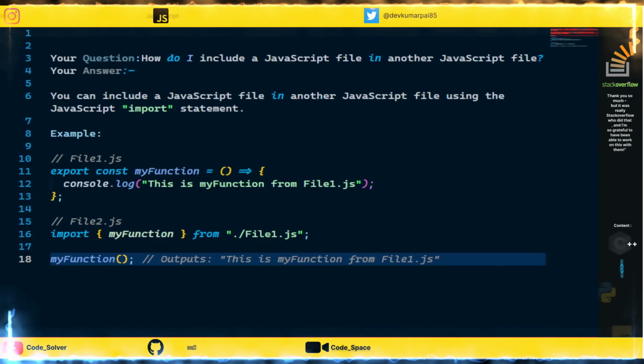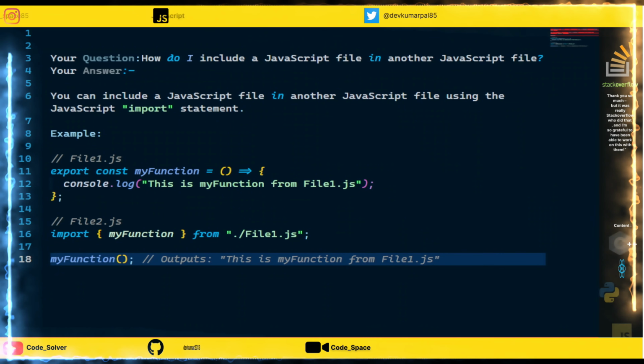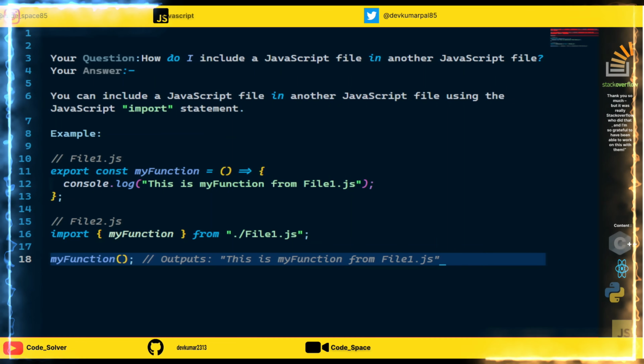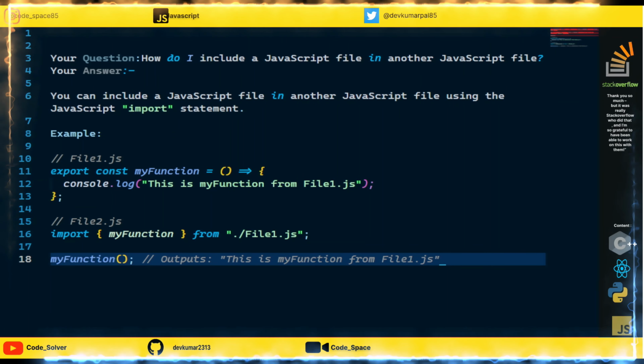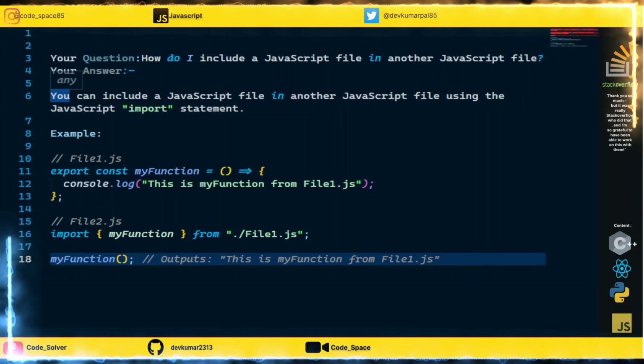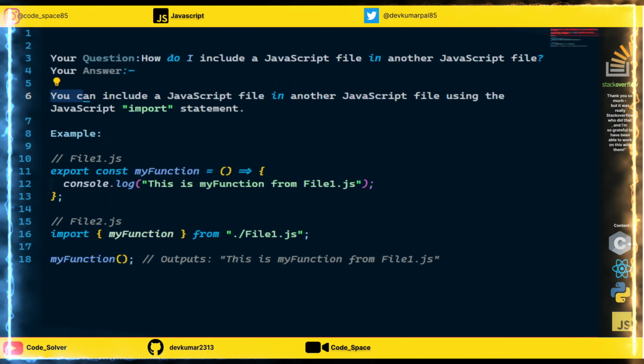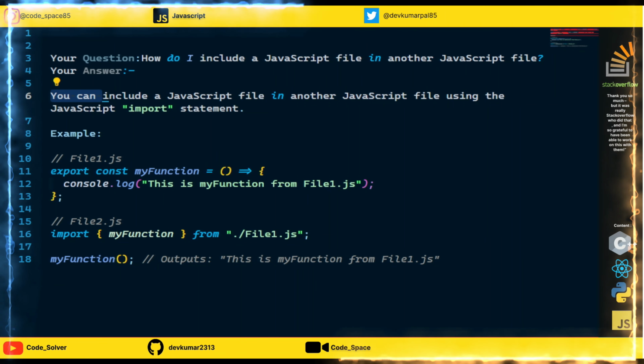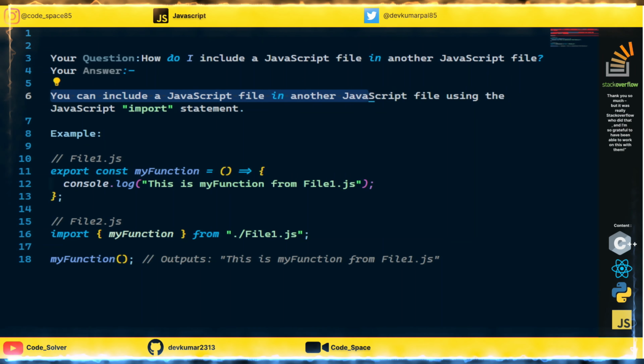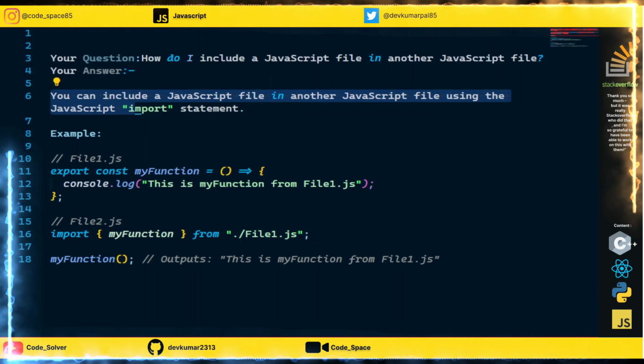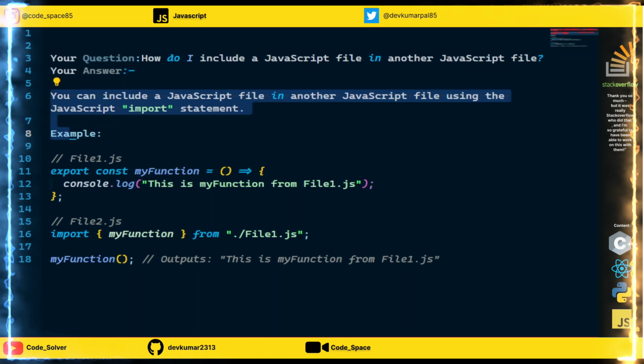Your question: how do I include a JavaScript file in another JavaScript file? Your answer: you can include a JavaScript file in another JavaScript file using the JavaScript import statement. Example: